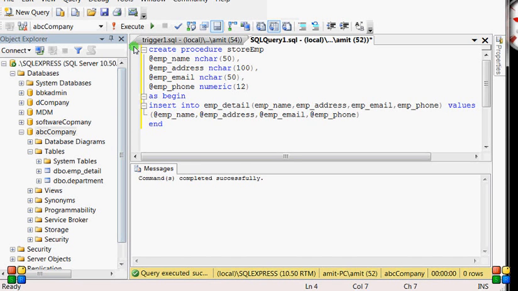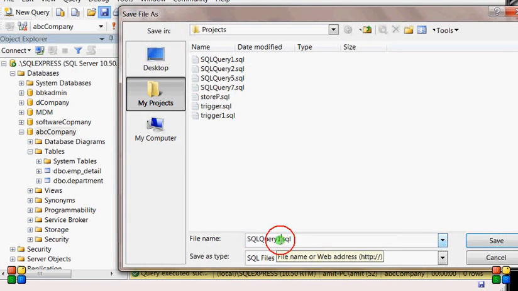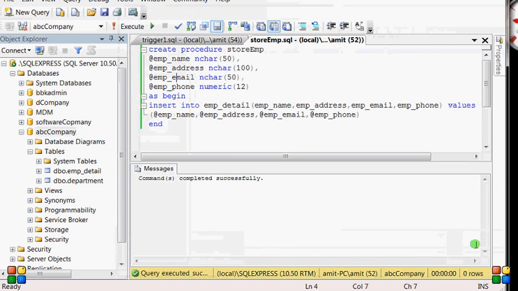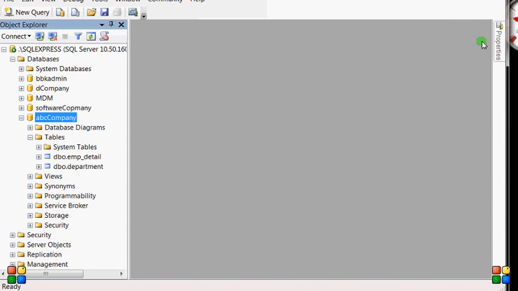And we have to also save this one with the name of store EMP. So it's also done. Now all the work is completed in SQL Server Management Studio.